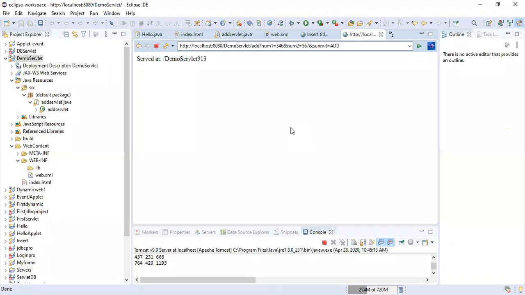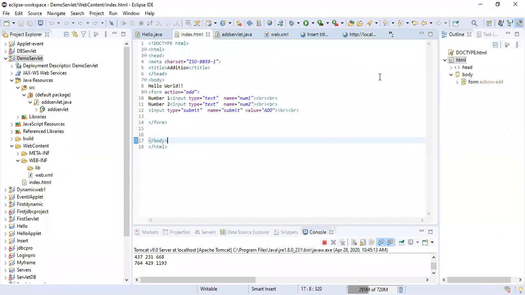This result we have printed on the client side again with the help of out. Out is a PrintWriter object. It sends the contents to the client. So out has given us the content which we have printed over here. Now check it out. When I executed it as run on server, the HTML also opened in the Eclipse itself, in the browser. The output of index.html, I am getting in Eclipse itself.